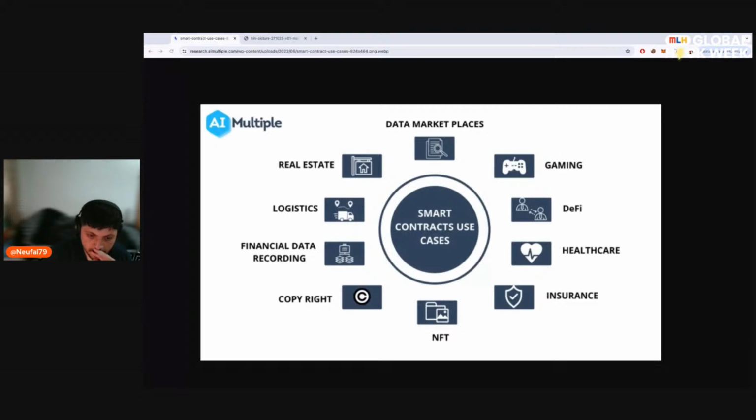Okay, let me see, because I see some questions here that I really want to answer later because I have an example we'll be doing. Okay, so let's see another example. The copyright,